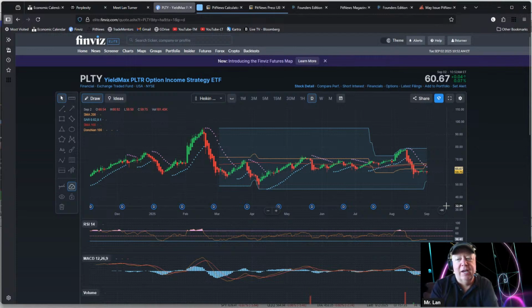Let's say we're going to put in $10,000. We're going to take our little calculator, and we've all done this math a million times in this class. We take $10,000 and invest it into PLTY. So $10,000, divided by the current share price, $60.61. That gives us 164. So now we have 164 shares. That's how many shares we can get with $10,000. Now remember, they pay you